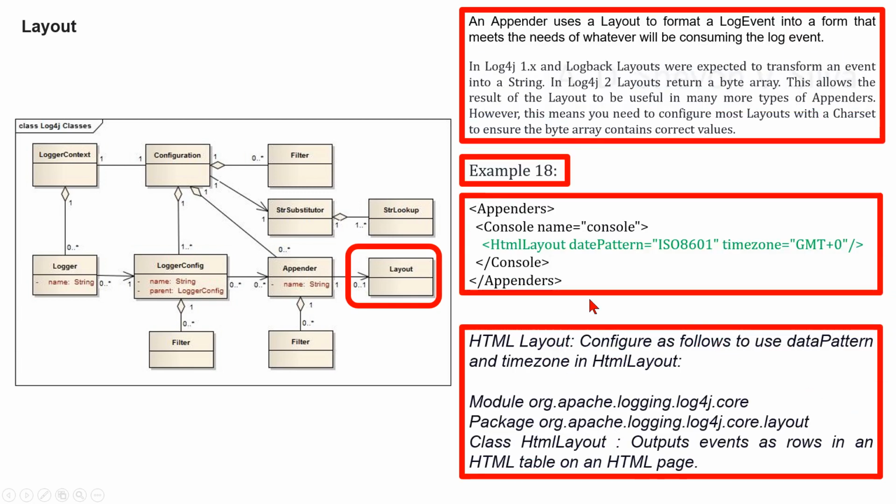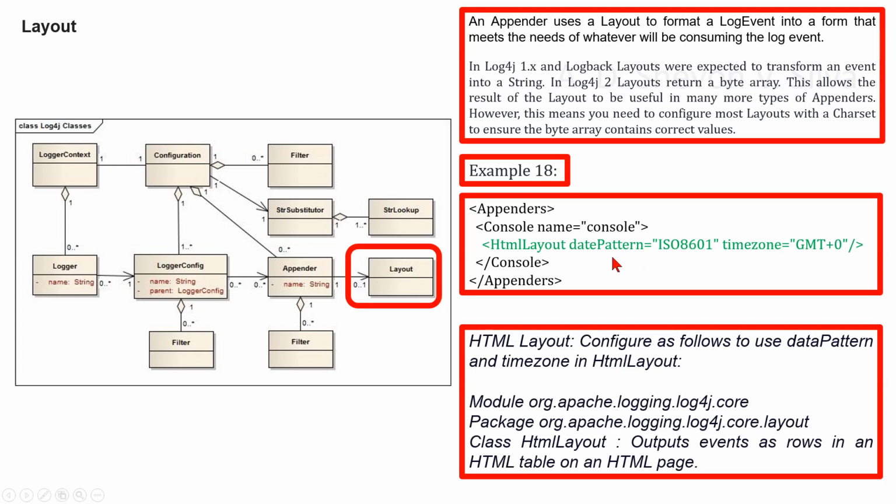Now we are considering HTML layout. Configure as follows to use the date pattern and time zone in HTML layout. The class HtmlLayout in package org.apache.logging.log4j.core.layout in module log4j-core outputs events as rows in an HTML table on an HTML page. HTML layout parameters: date pattern,